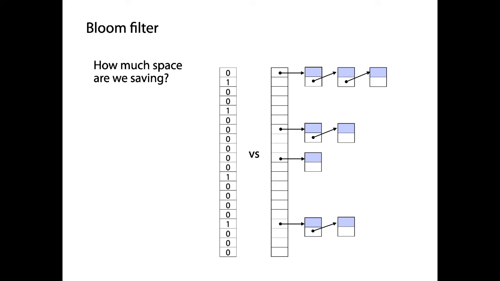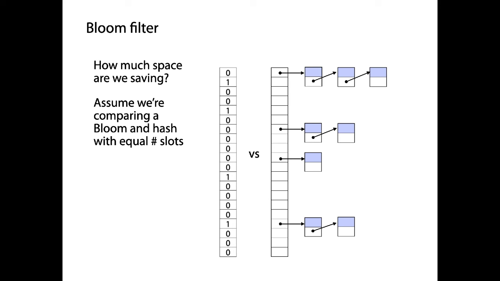And let's assume for a moment, it's not a great assumption, that the Bloom filter here and that hash table here have an equal number of slots. So for every slot in the hash table, and each slot in the hash table, recall, is a pointer, or something like a pointer. For each of those pointers, we have just 1 bit in our Bloom filter. Okay, so let's think of how much space is being taken by